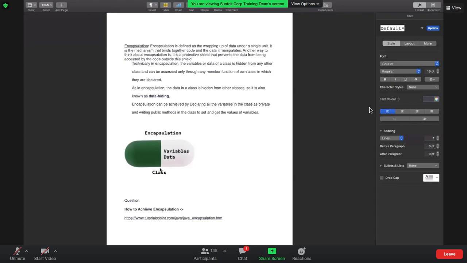I know that is data binding, correct? The second thing, we get to know that it is hidden from the other classes. Is there a way we can hide variables from the other classes? How should we hide the variables from other classes? Or how should we restrict other classes to not access the variables of this class? Right? We have discussed something like this.